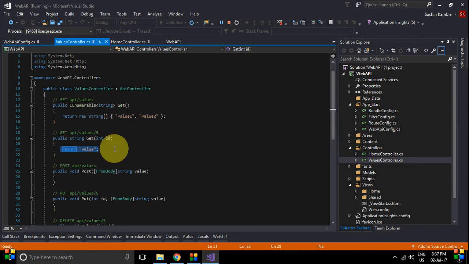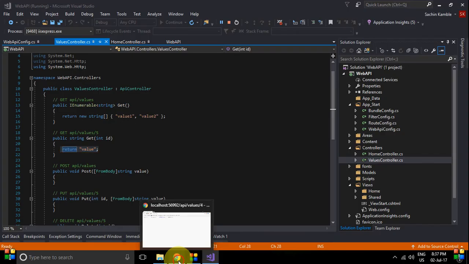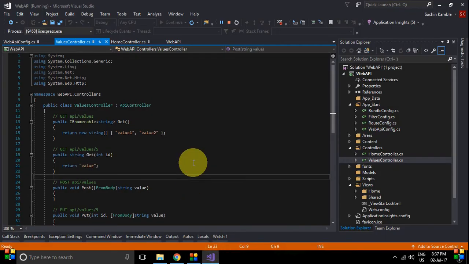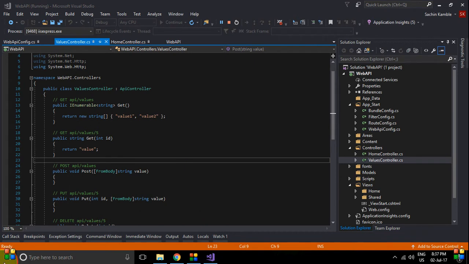So let's try one program through database. So we can display values from database and perform insert, update, delete operations on it. So for that we need SQL server.